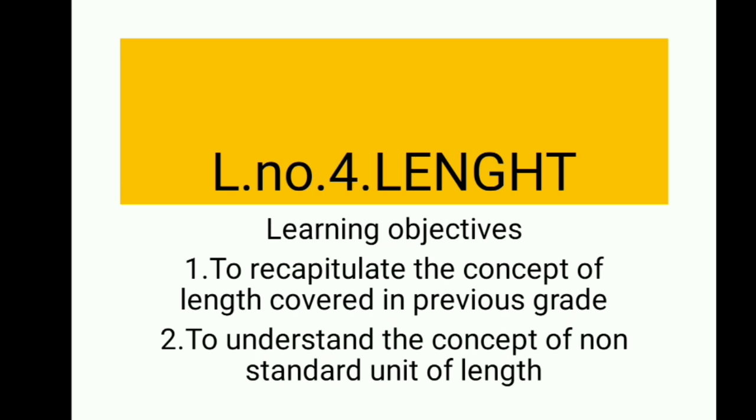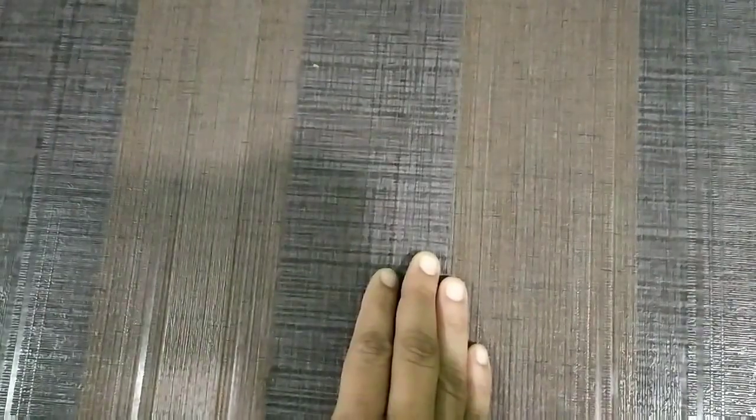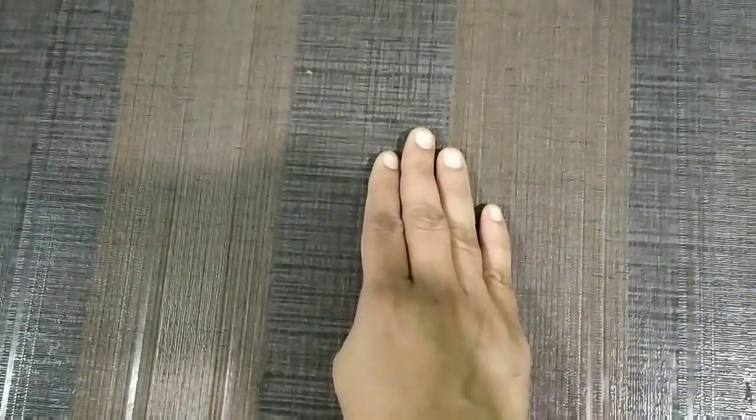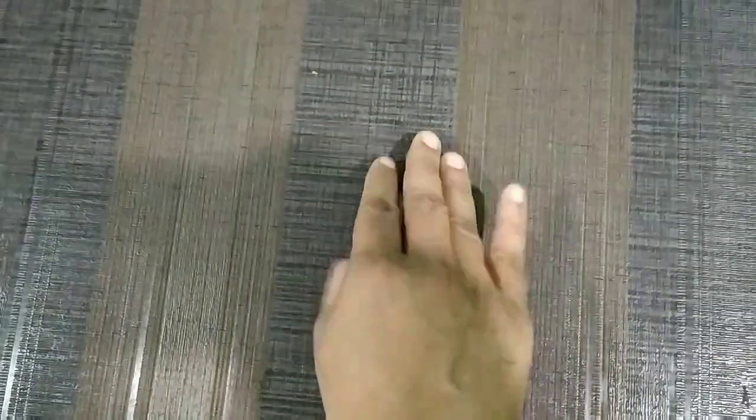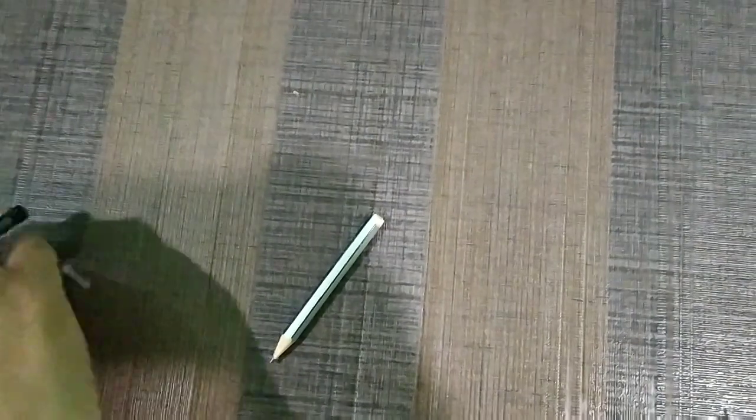Children, we do not carry a ruler or tape with us all the time for measurement. That's why, for estimation or measurement of things, we use non-standard units. As in our last grade, according to the NCERT book, we have learnt about non-standard units like finger width, hand span, cubit and foot span. But now we will see one activity according to the Propel.